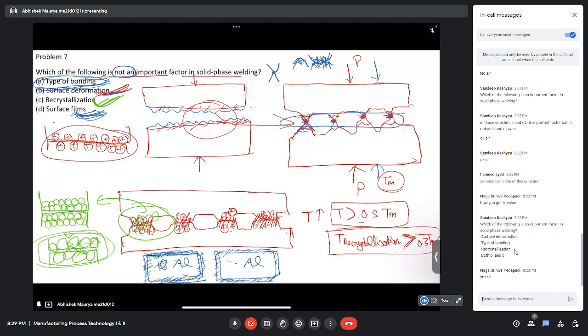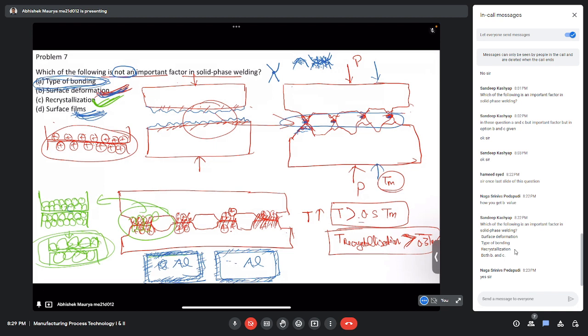So if the surface deformation is higher, then the bond we will get after the solid state bonding will have high strength. So surface deformation has an important role in the strength of solid state welding. So that is correct. And for the recrystallization, I told, if